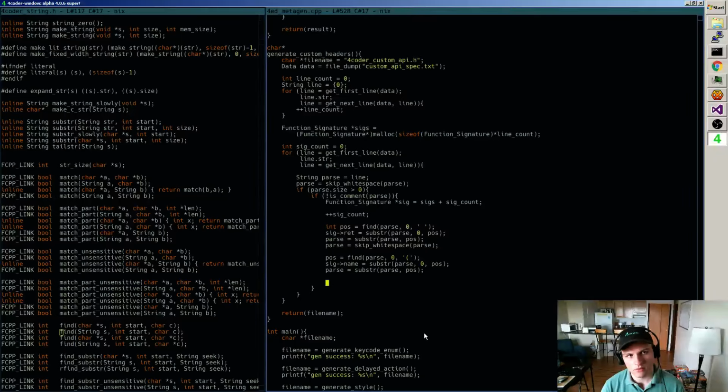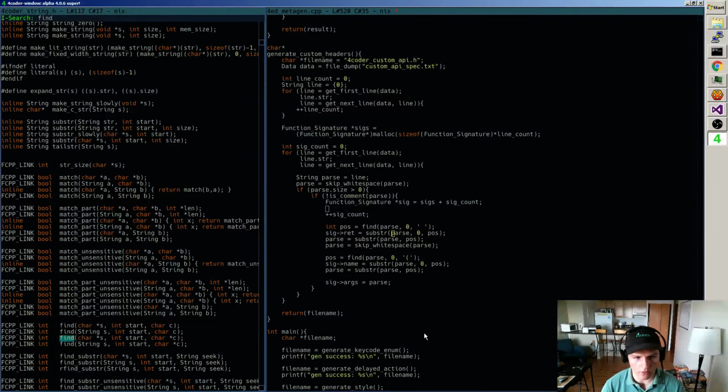yeah, so the way that I should probably set this up is at the last step here, I'll just do sig args equals parse, right? And then what I want to do is I want to at each step here make sure I'm doing validity tests. So when I do this computation here, position shouldn't take a, okay, so if I don't find space, what does find do?